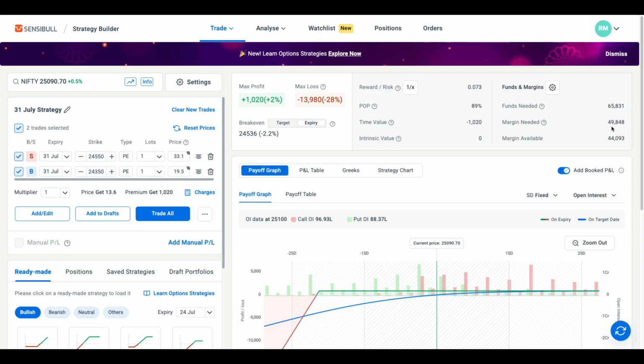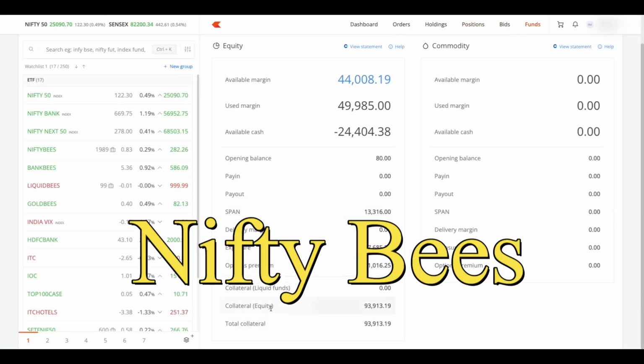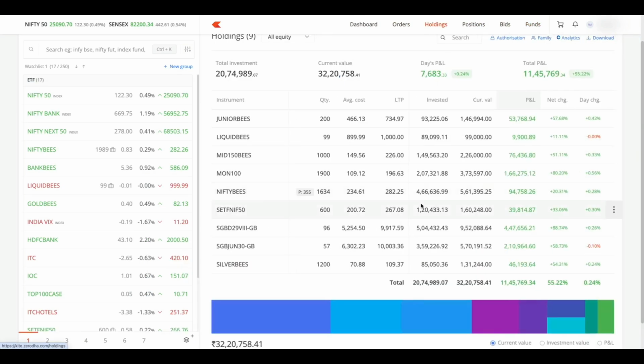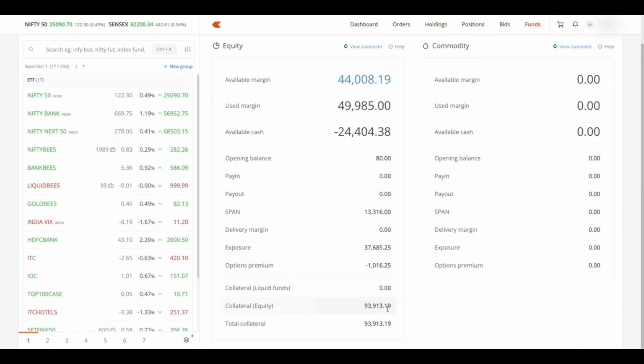and 50% non-cash components. For the 50% non-cash components, I have pledged my Nifty BeEs and got a collateral of 93,000 rupees. Here you can see in holdings, I have pledged 355 Nifty BeEs, among which 24,000 rupees is used as a margin. For the remaining 24,000 rupees, I need to have cash in my Zerodha funds, or I should pledge